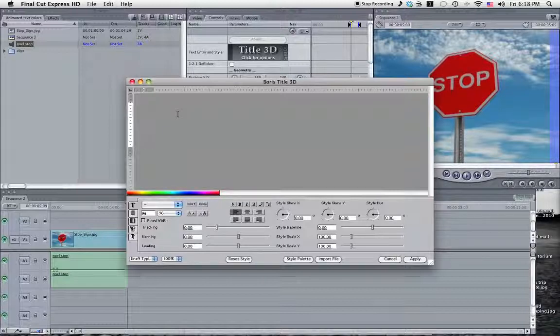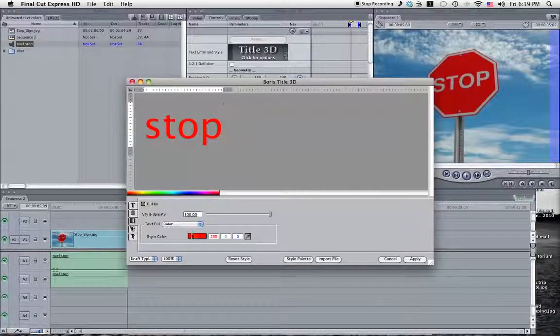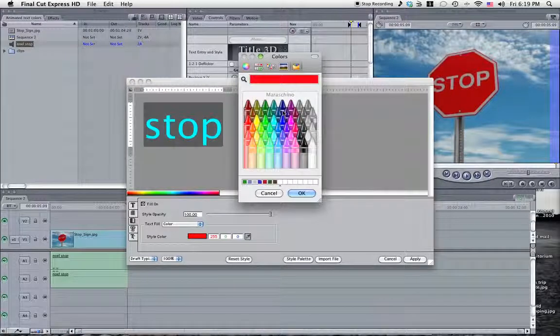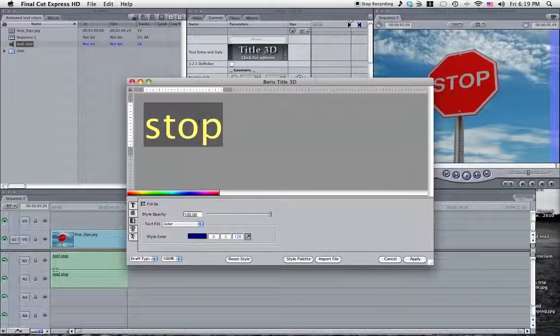And we're just going to now type in stop like that. Let's go ahead and select, we'll leave it at font of 96, and we'll click on the colors tab, and we will make the whole thing blue. Let's highlight all the letters so that the change happens to all the letters, and we'll try a midnight blue here. Click OK. The color that shows up here isn't necessarily what it's going to look like when it's on the screen. And we will click apply